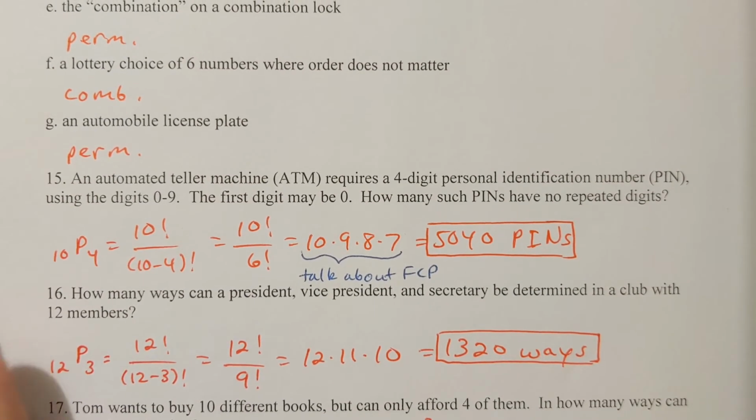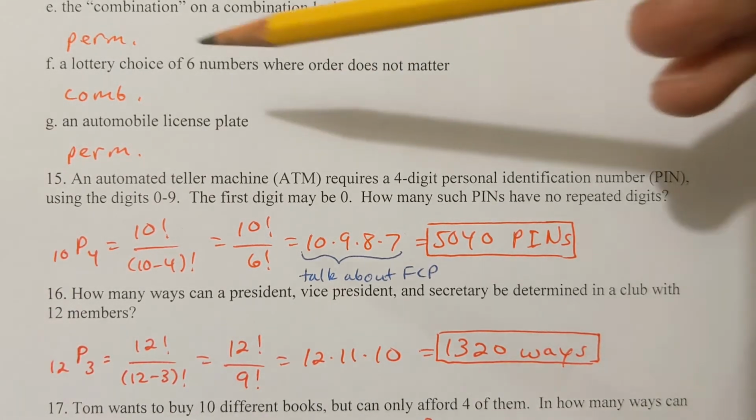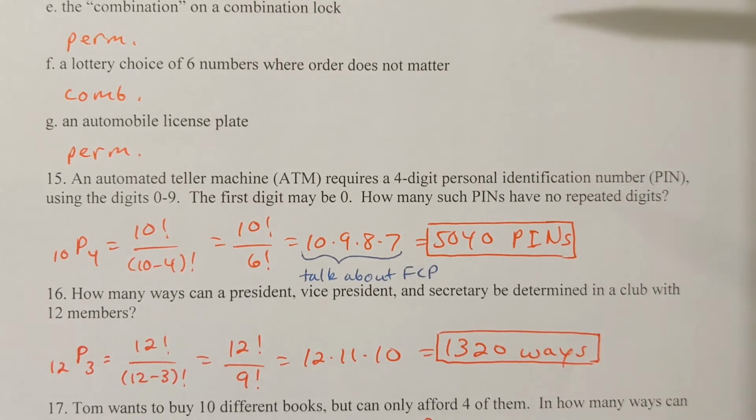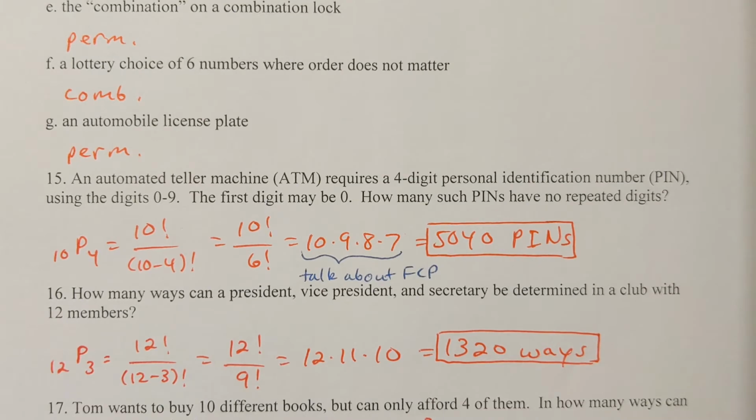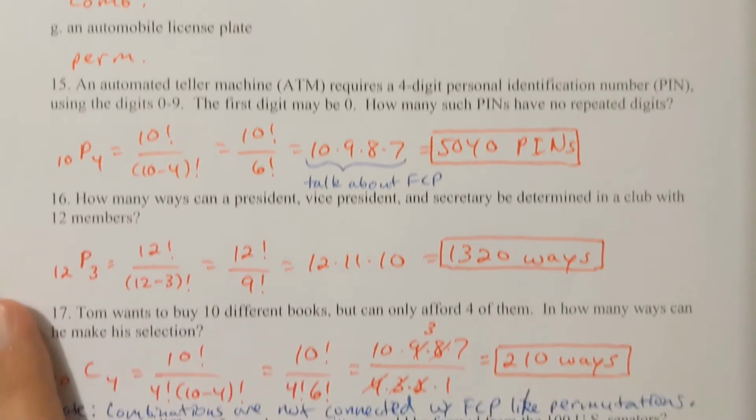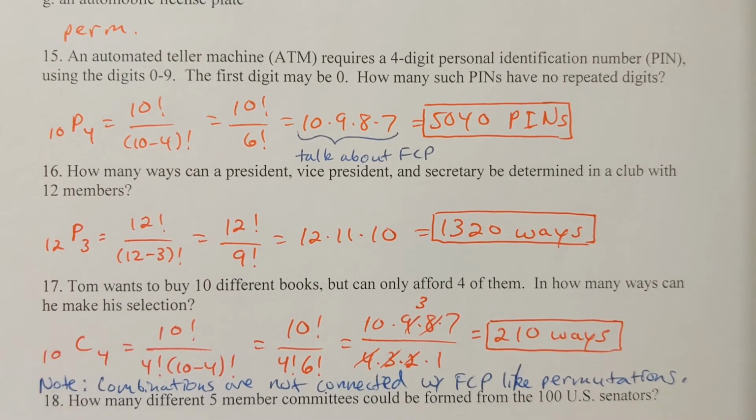Part F is where we have a lottery choice of 6 numbers where order does not matter. Okay, so they're telling us order does not matter. That's a combination. And a license plate, that'd be an example of a permutation. So if you take your license plate and you mix up all the digits that are there, you're not going to have the same code there. Order matters. Okay, so let's look at problem